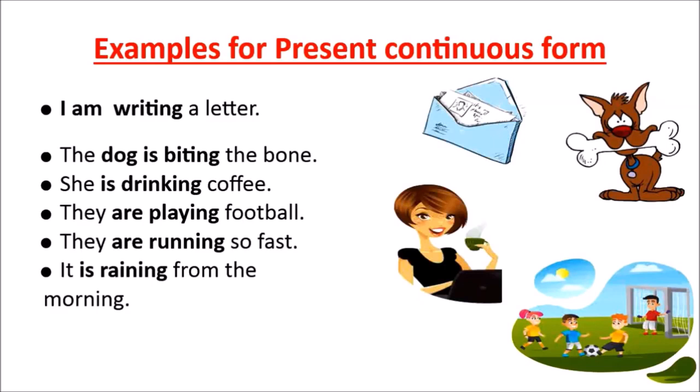So look at the last example. No, before that, they are running so fast. So people are running so fast in the present time. Instead of marking them with some other tense, it is very apt that we use present continuous tense. So the action is continuing, or it is an ongoing process or ongoing action. That's why we are using ing.